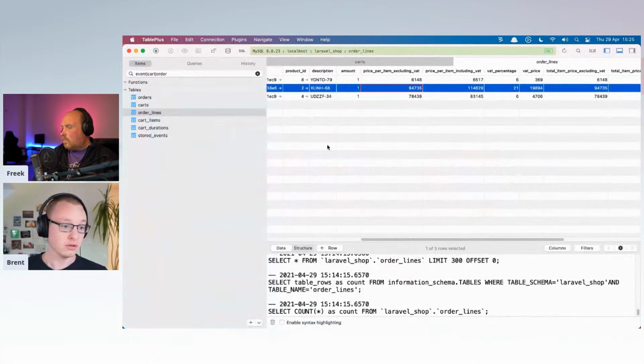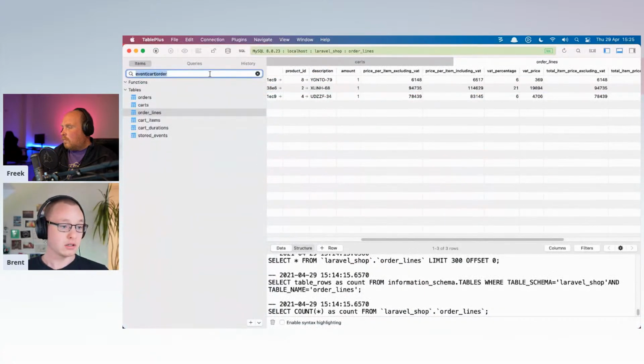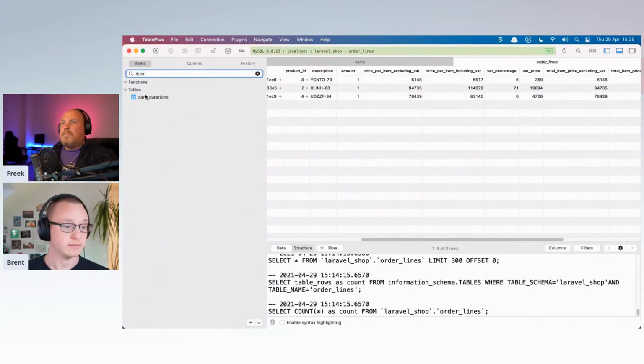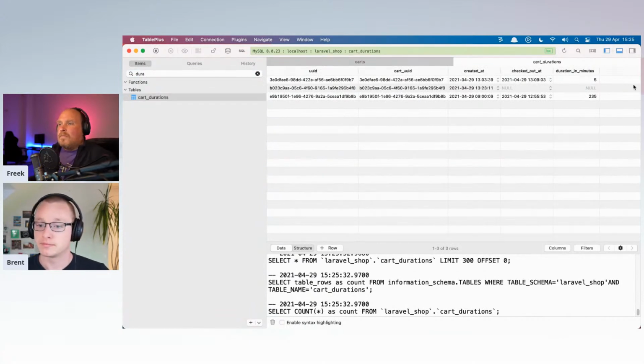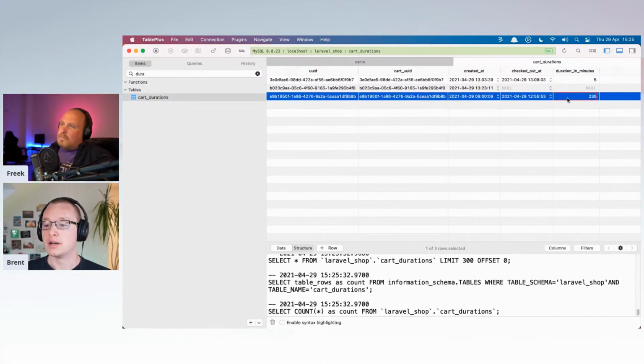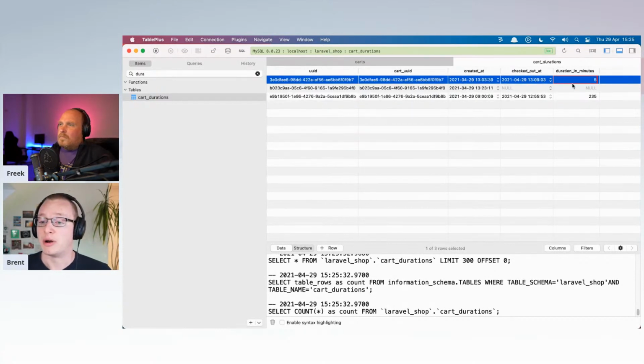And to show you the end result, card duration. Okay. So duration in minutes, you can see it over here. Yeah, this was the card that I already created when we started our session, so that's a little longer. And the other one apparently took 5 minutes to check out. Started at, yes, there's some time zone issues here, but that's okay. Started at 3 past 1 and ended at 9.